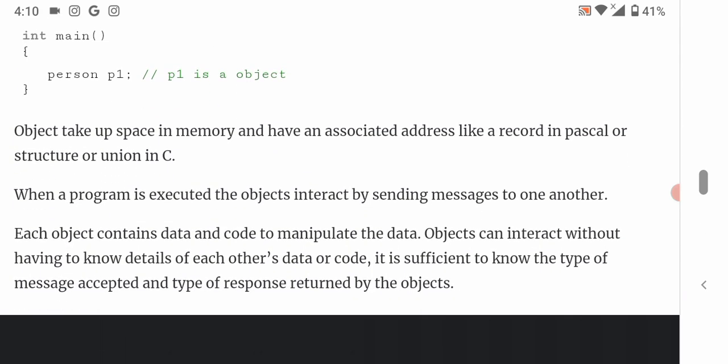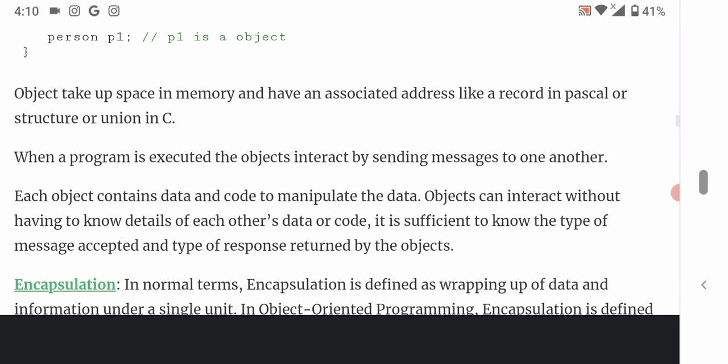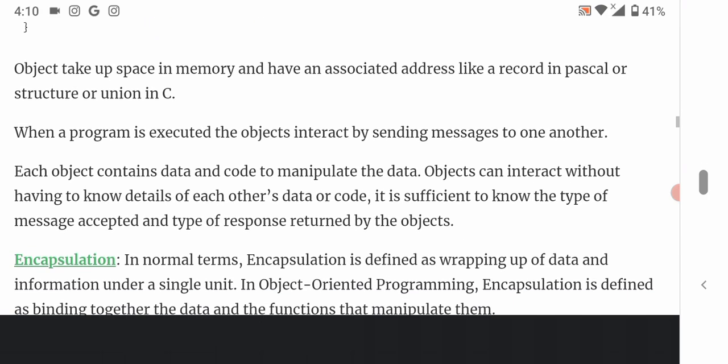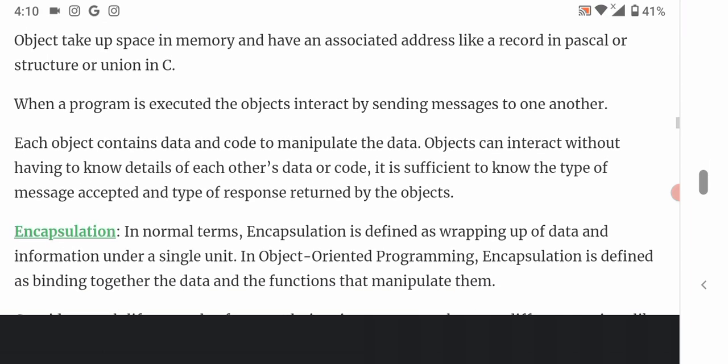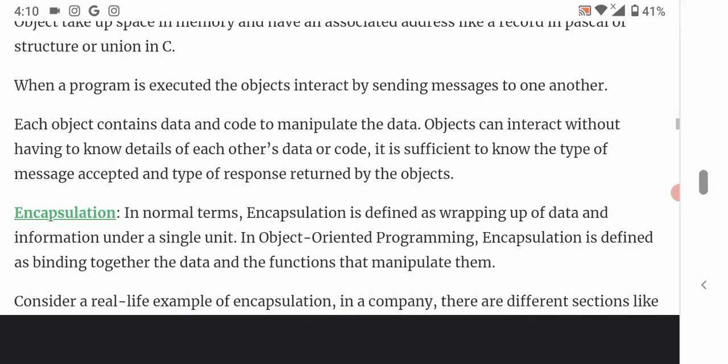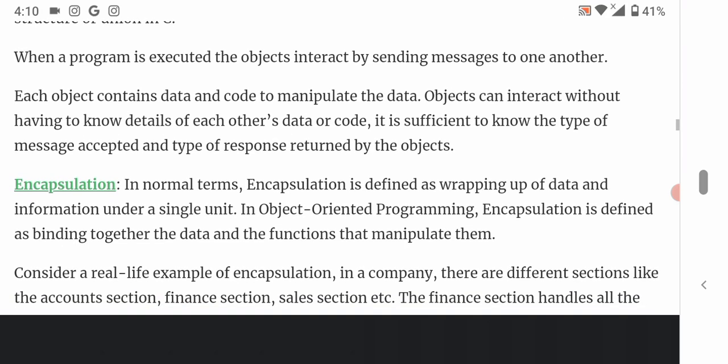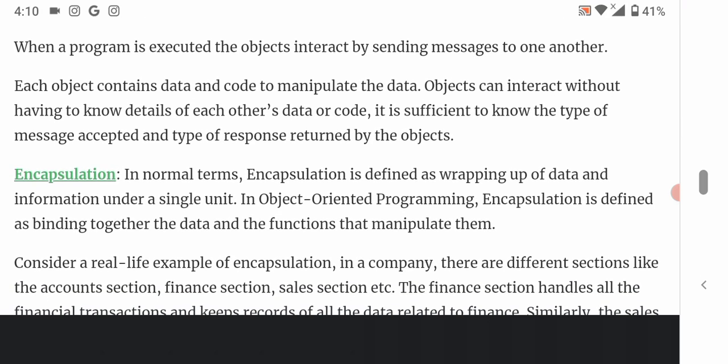Objects take up space in memory and have an associated address, like a record in Pascal, or a structure or union in C. When a program is executed, the objects interact by sending messages to one another. Each object contains data and code to manipulate